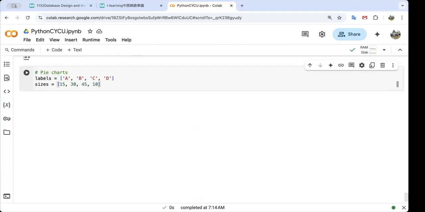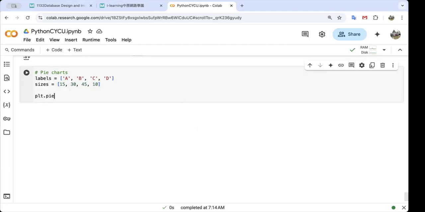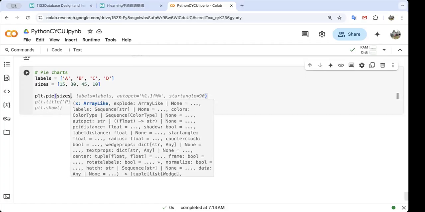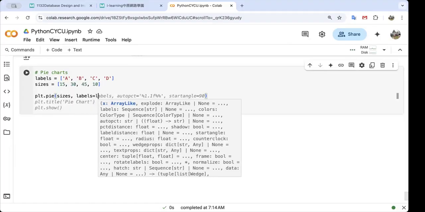And then the sizes, which represent each label. And then plt.pie, and then show the sizes, the labels, which is equal to labels,